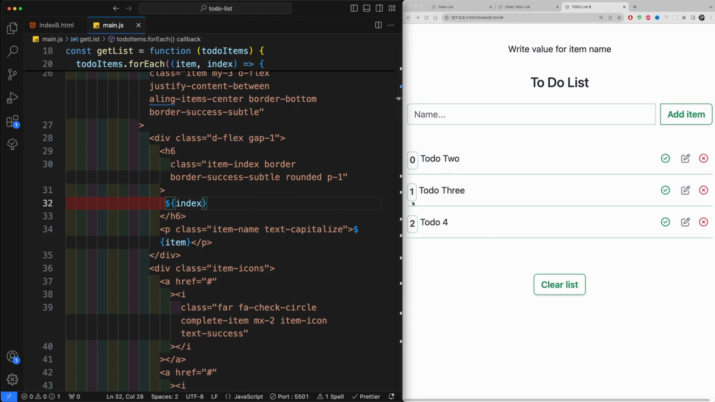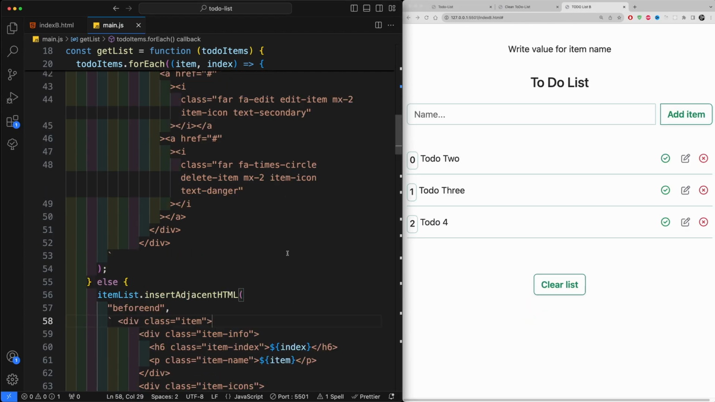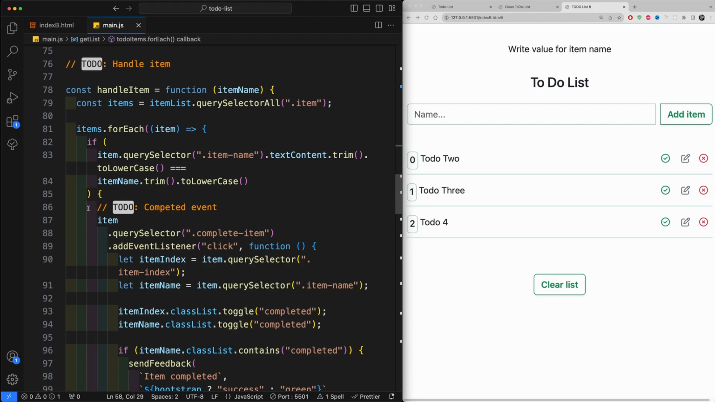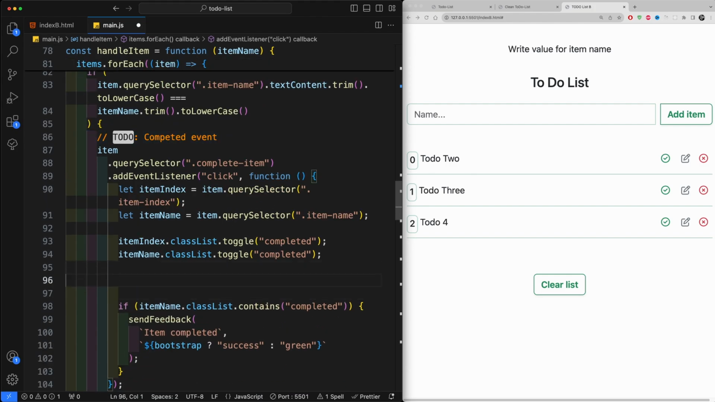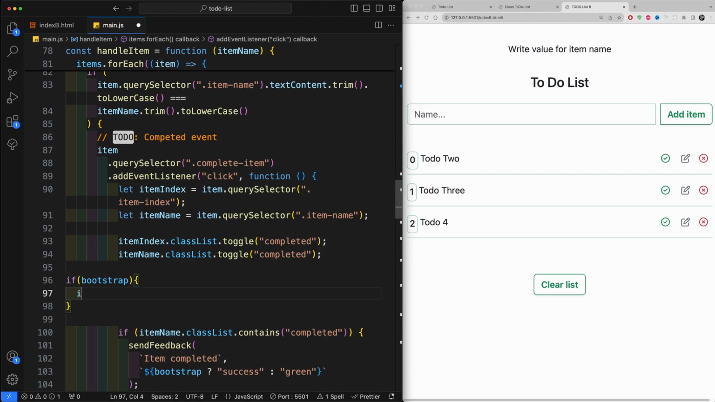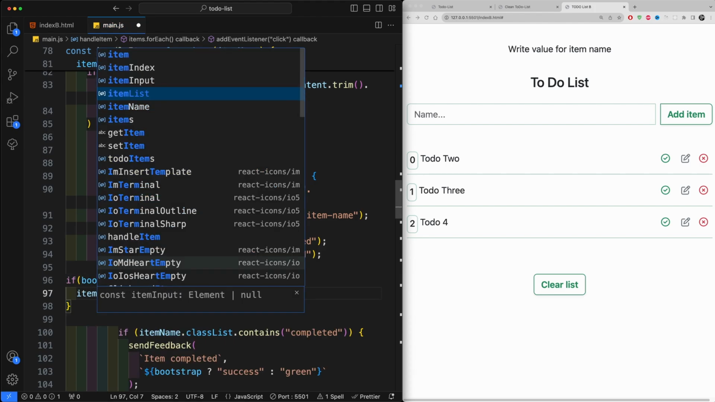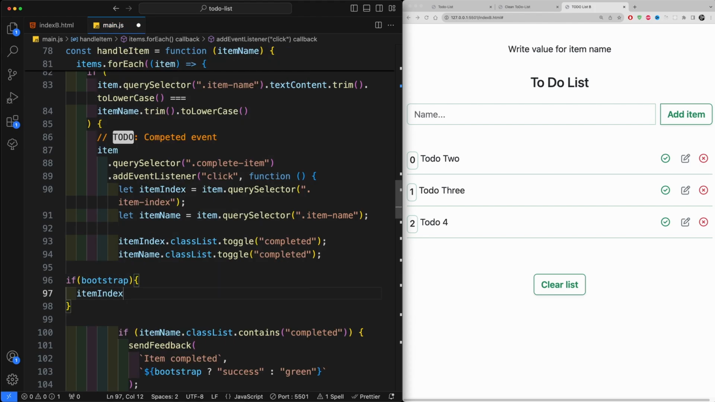Okay, now you should see 0, 1, 2, because there are 3 items. Now let's move to our completed event. Once again, down here, we're going to ask the question, if bootstrap, then the item index, or let's start with the index. So